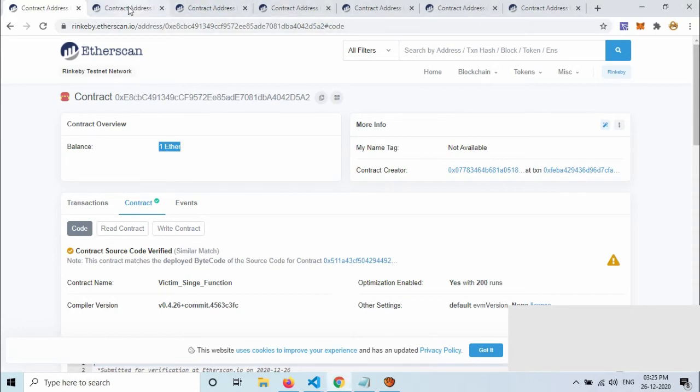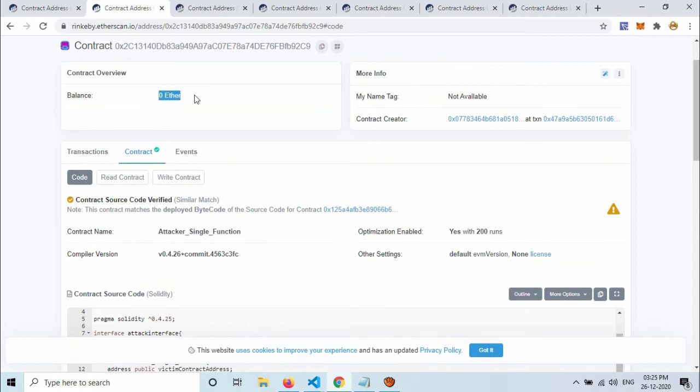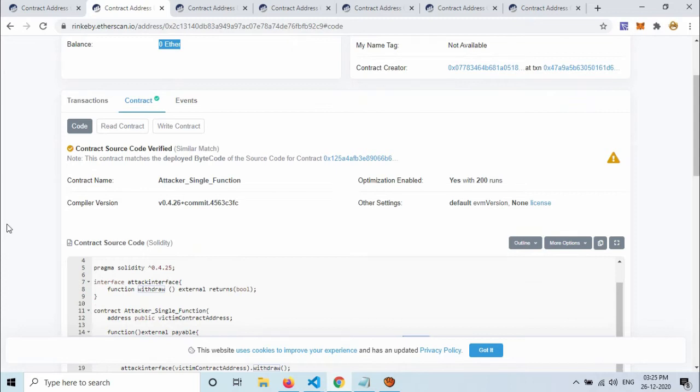Victim contract has 1 ether and attacking contract has 0 ether balance. Now let's do the attack.